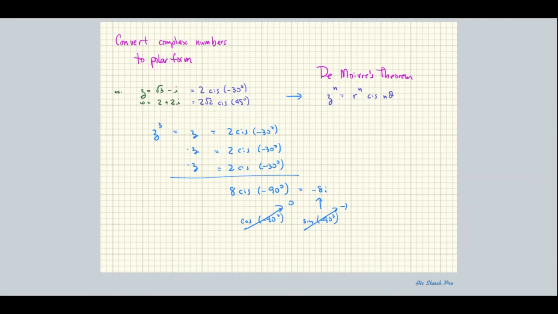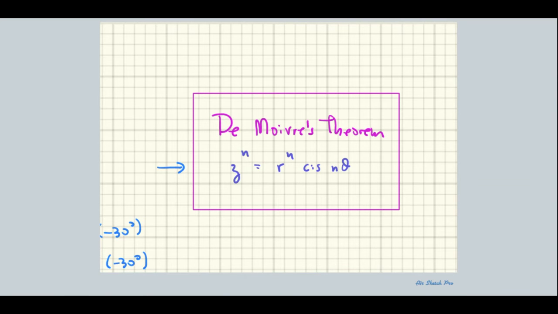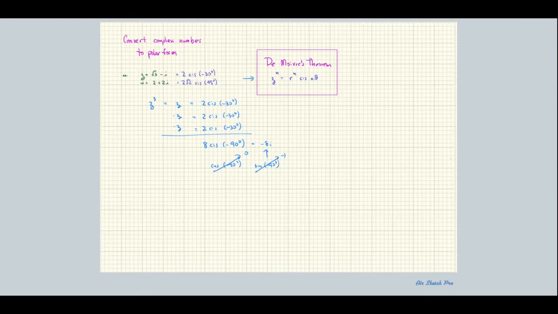And as I said, de Moivre's theorem is really only for integer powers. But the point is, if we take this back to the Euler theorem that it's based upon,